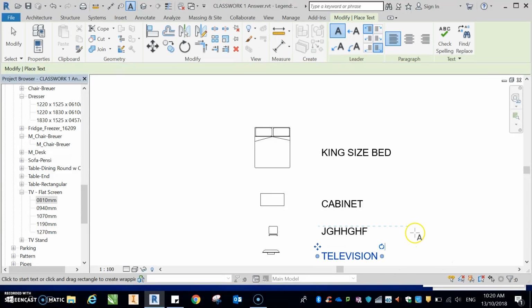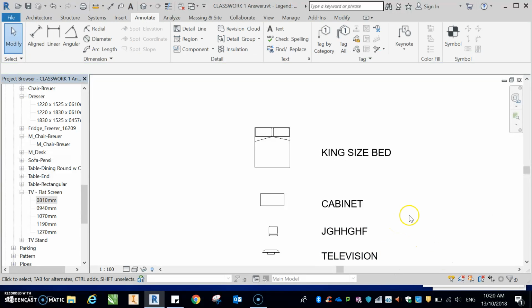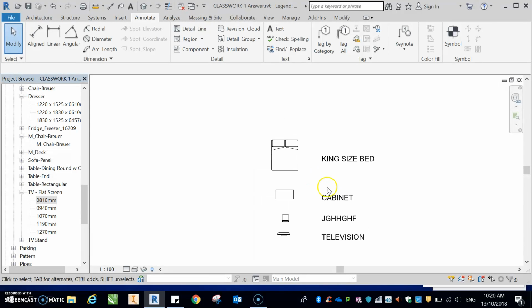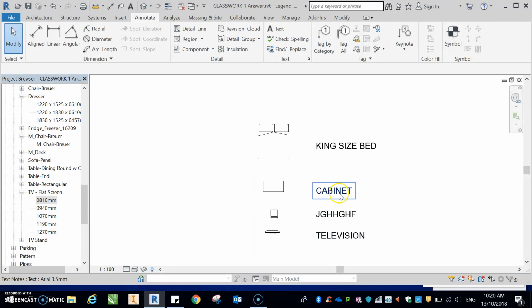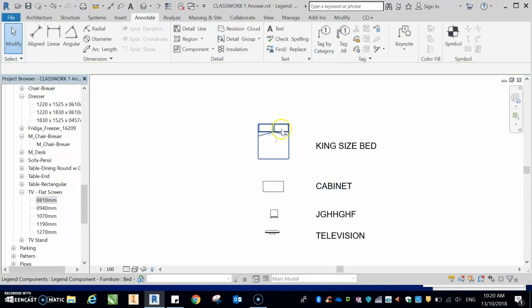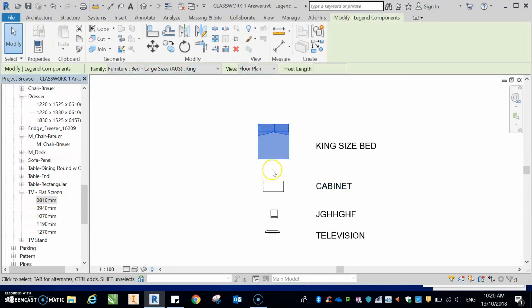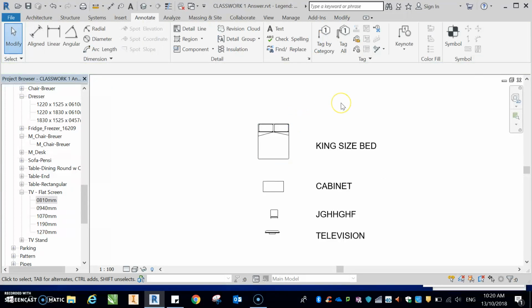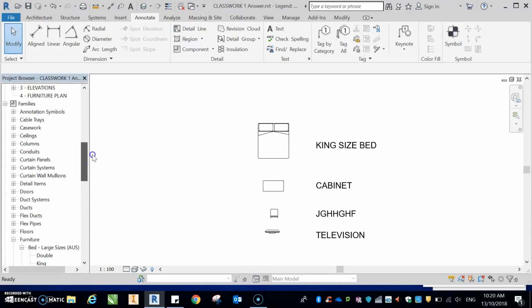Okay, so I just hit escape, and we've now got this horrible looking legend thing. I can readjust them just by clicking on them. I can move them up, make them look a little bit better, position these and space them a little bit more if I want. I think you actually kind of need to make them a reasonable distance apart. Okay, once that's done, just go back to